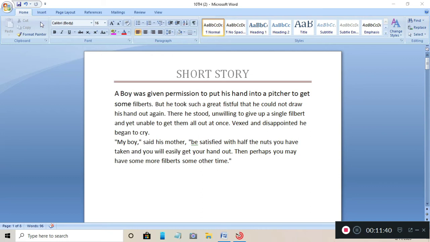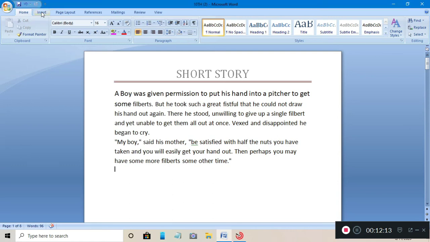So for adding any graphical object, now what is a graphical object? A graphical object is like an illustration, sticker, picture and clip art. All these things which we can insert in our document to enhance the informative part are called graphical objects. So first we will learn how to insert a graphical object. For that, first we will go to the Insert tab.